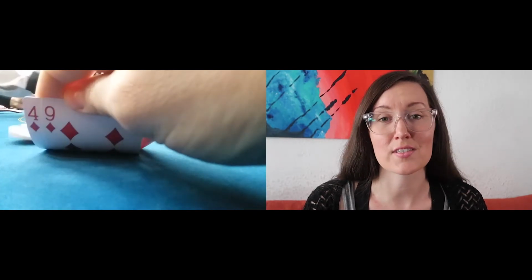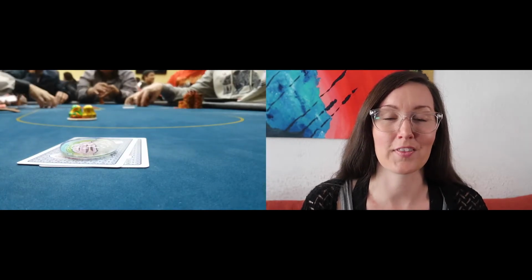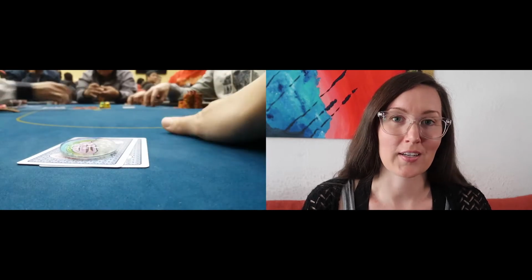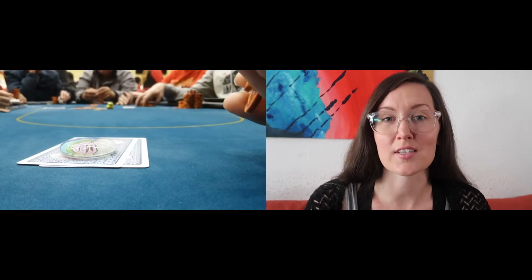And just to be extra silly and have extra fun and get a really good dynamic going at the table, I had some Christmas candy that I bought on sale, and I was tossing it in the pot with the kill. I was actually setting it on top of the little kill button while I was straddling, and it was so fun. People were having a good time, making jokes about the chocolate and winning the pot just to get the candy. It really brought some good energy to the table, and anytime you can get people having a good time, playing a little bit more silly or just taking themselves a little bit less seriously,